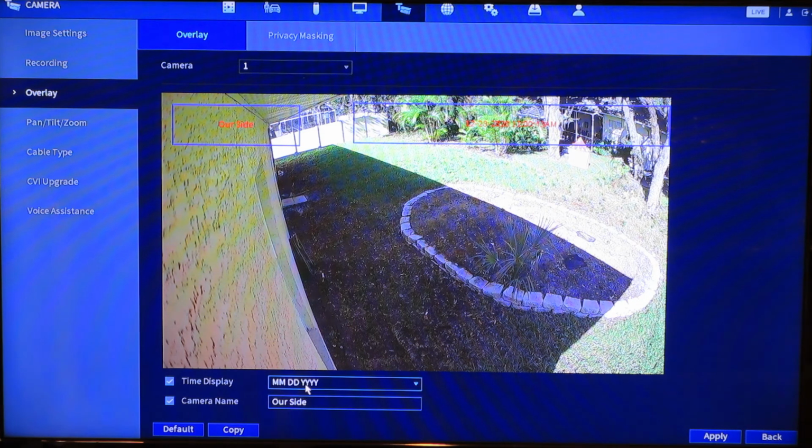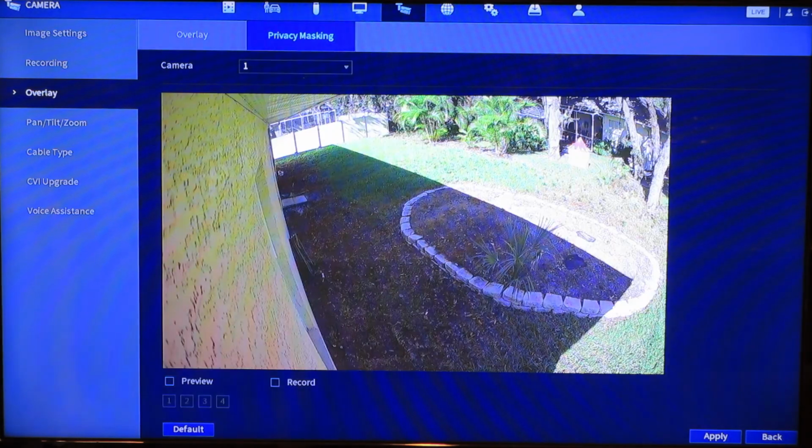There's no other way in the application and in the URL you can't do that, so you really need to get to the DVR to do this. And then you could adjust where you want it on the screen to be superimposed and apply, and that'll always record the date and time and the name of the camera whenever you're recording. Privacy masking, I think, lets you block out a certain area of the picture so that you can not record it. It leaves like a fuzzy pattern on there, but I have no interest in playing around with that.